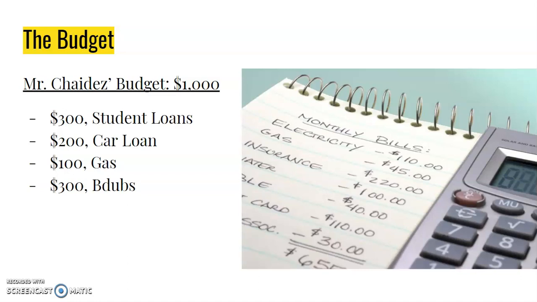I have an example of a budget here. This is my budget for $1,000. This is how I would spend $1,000. This is probably not the greatest way to spend it, but this is how I do it. So I would have to spend, right, $300 in student loans, $200 in car loans, $100 in gas, $300 at